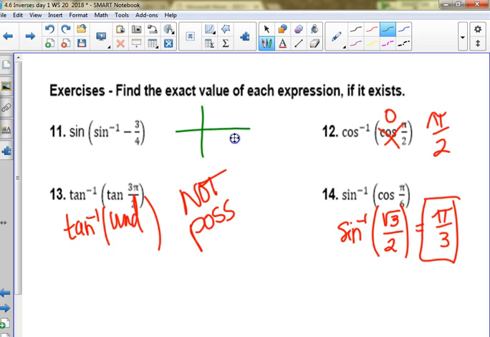It's negative in, so somewhere in this quadrant, opposite over hypotenuse looks like this, right? Okay, I want to know the sine of that angle. I don't want to know the angle, I want to know the sine of it. After I've figured out that it can exist, its sine is,